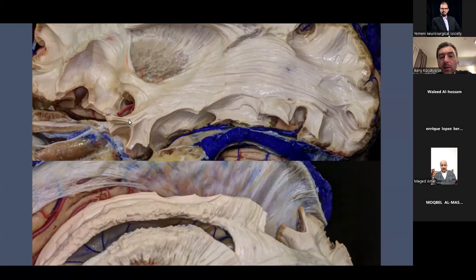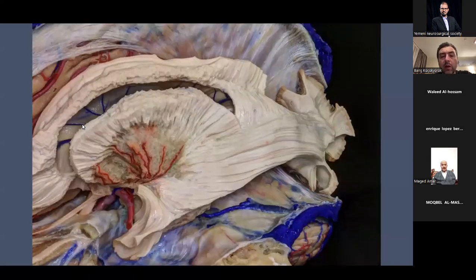The same specimen, but we removed the uncinate fasciculus and IFOF. Then we begin to see the second layer of the white matter structures at the roof of the temporal horn, which is the optic radiations. As I told,